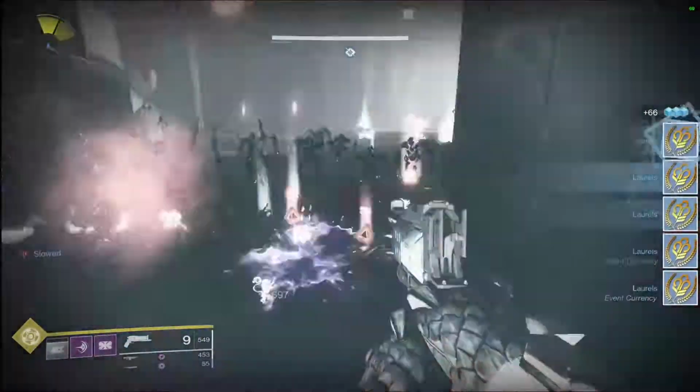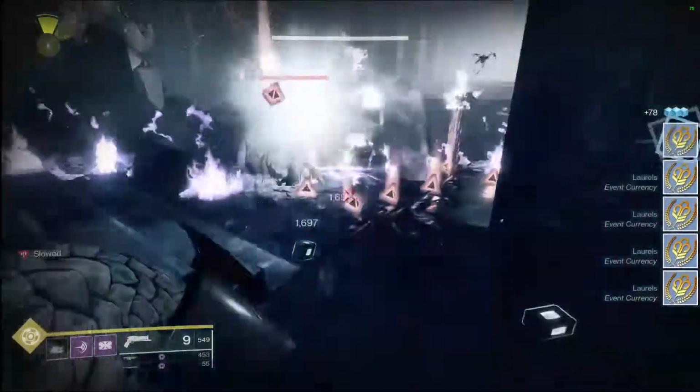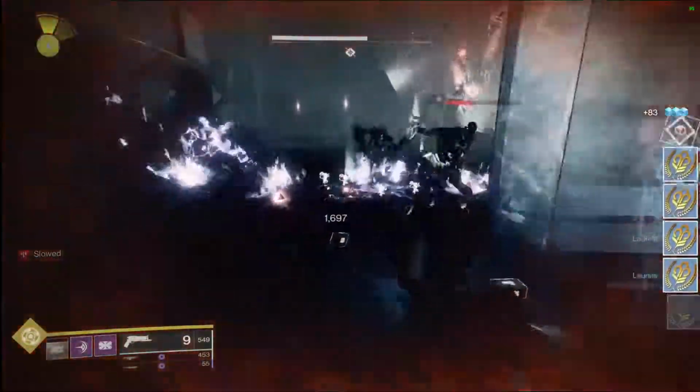Alright guys, that's it. That's the 3 classes. That's the fastest way to do it on each class. Farming laurels is a great way to actually help your class win in the Guardian Games, but much more importantly,